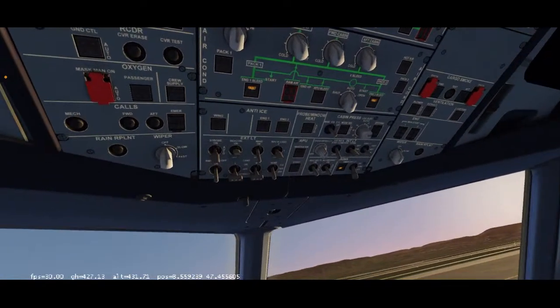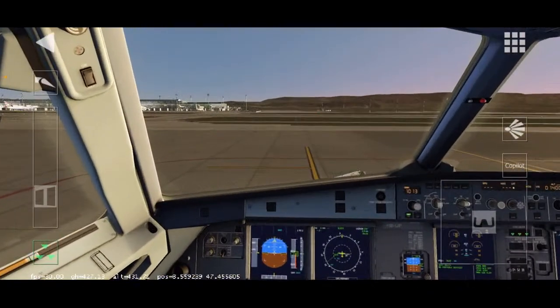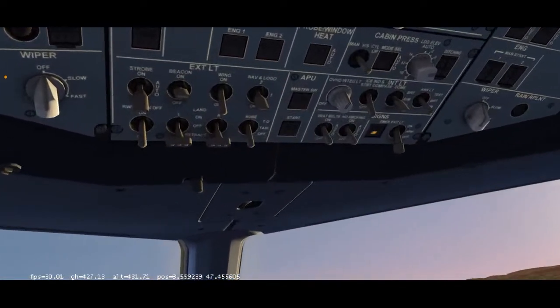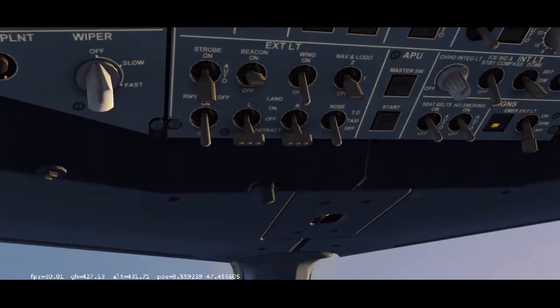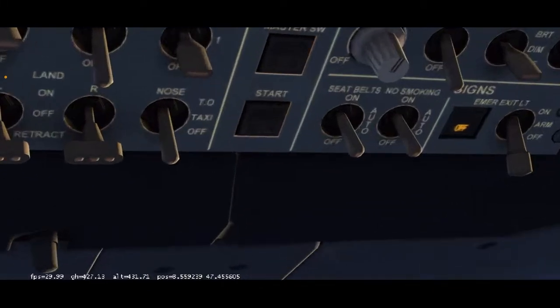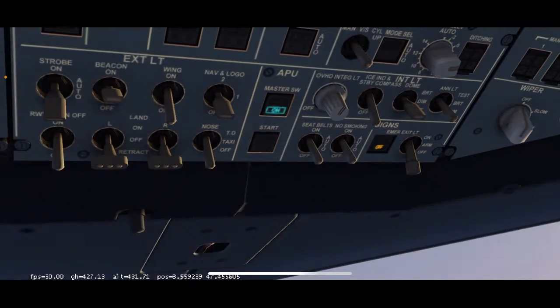So, basically now, let me start from over here so that this is very clear for everybody who is watching later on. You're going to scroll very slowly up here and zoom in. Next to your external lights, you're going to see APU, Alpha, Papa, Uniform. You're going to want to switch on the Master SW, Sierra Whiskey, Master Switch. That basically turns on your auxiliary power unit. So you're going to click that switch and wait a second.